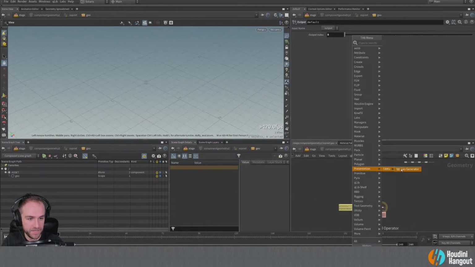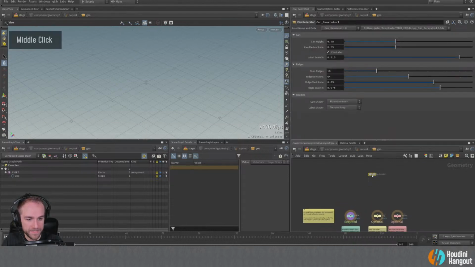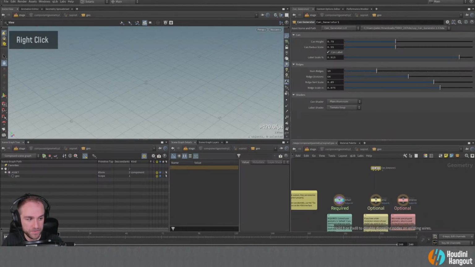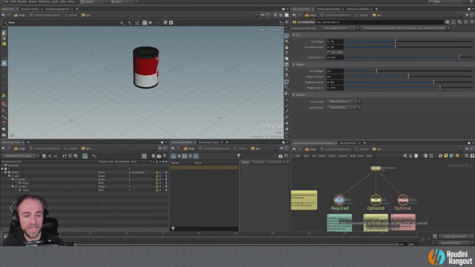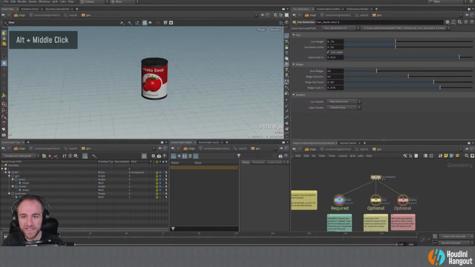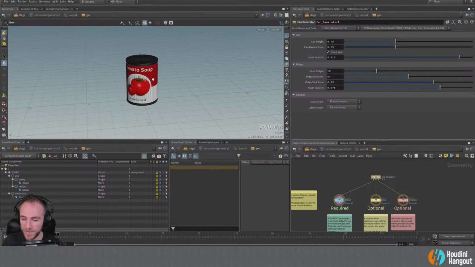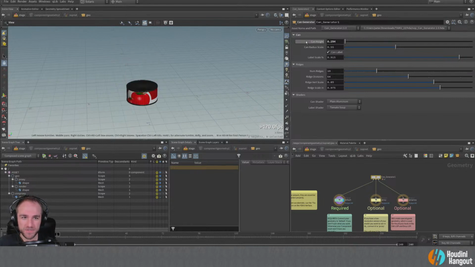And I have this little can generator that I made. And this is going to help visualize this, I think, in a really nice way. So what I'm going to do is I'm just going to, actually, no, that probably won't work. So I'm going to click each of these. Each of these outputs is going to generate a can, or sorry, this HDA generates a bunch of different cans that I made. This was for a presentation I did over the weekend, but it's really useful for this too. So what we can do here is it's got a whole bunch of different things. We can change height of the can. We can make it really short and squatty. Can make it really tall, all different things.